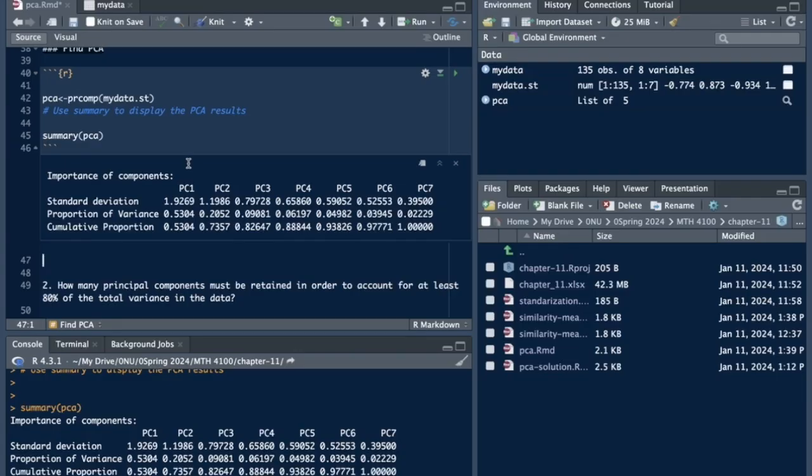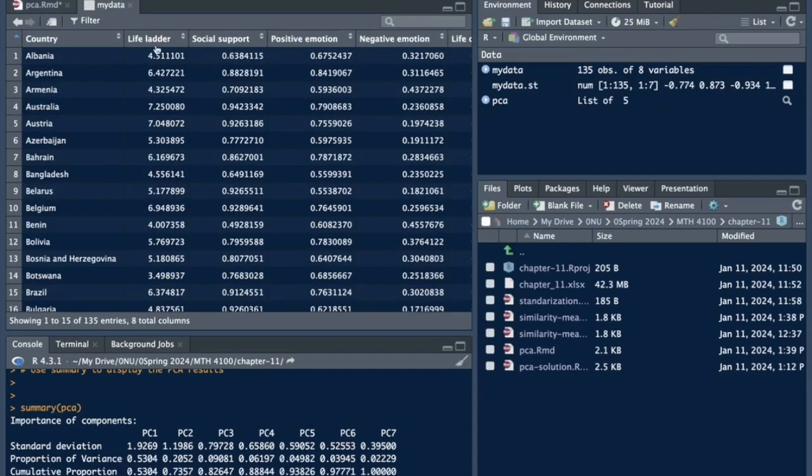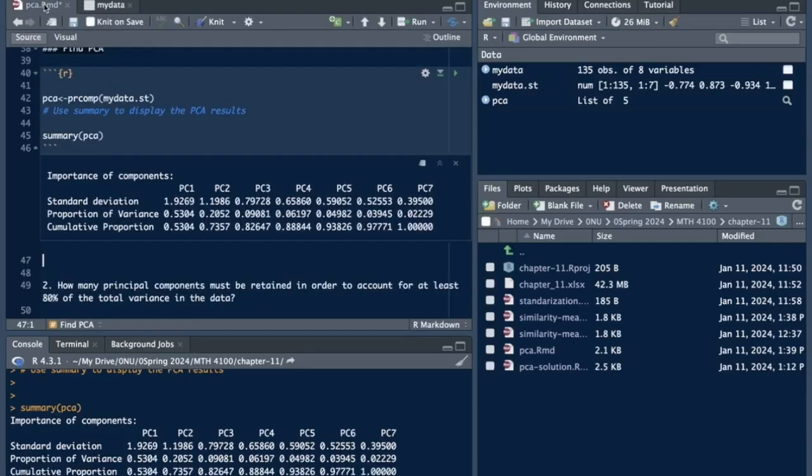And as I said in the previous recording, you are going to see different variables. They are not the same variables that we started with. They are not life ladder, social support. No, these have different interpretations now. So we have 7, this is fine, and we have 3 rows here: the standard deviation for each PC, the proportion of variance, and the cumulative proportion